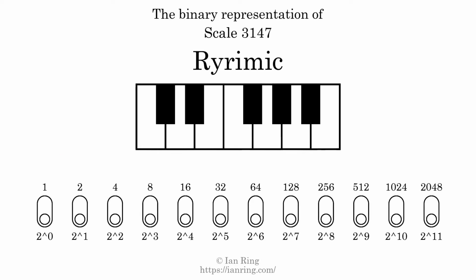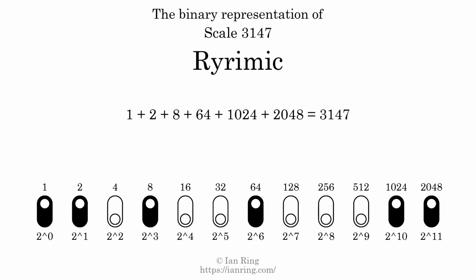The binary representation of this scale is determined by mapping tones of the scale to binary digits. Each binary digit represents a power of 2. To get the scale number, we add the powers of 2 together. The powers of 2 that are present in the scale, all added together, equals 3147. That is why the scale number, in decimal, is